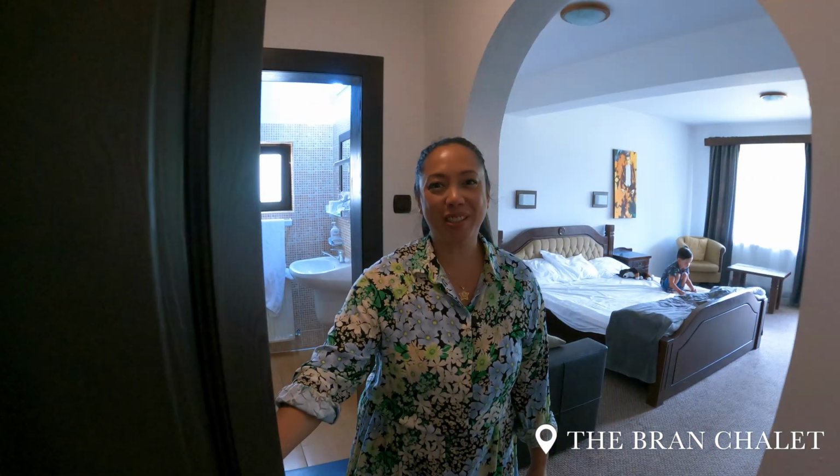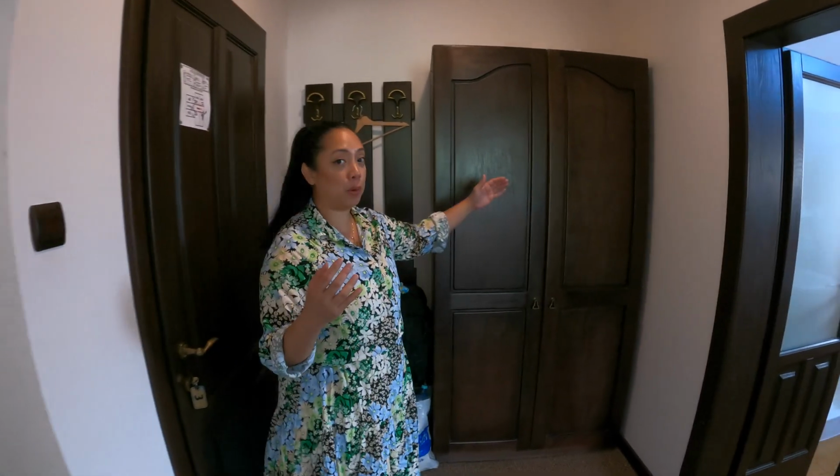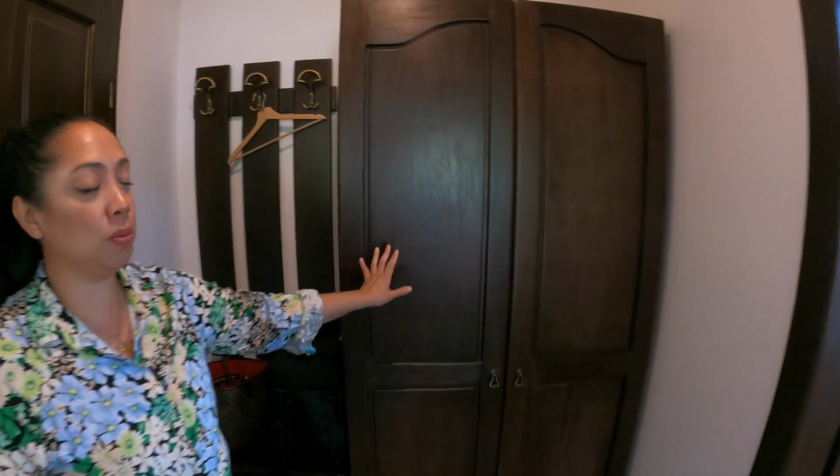Welcome to Brașov. Come over. So here we are right now in Brașov in Romania, and we checked in here at the Bran Chalet, and this is our room. So as you enter, you will see right away here on the left side is a wardrobe,